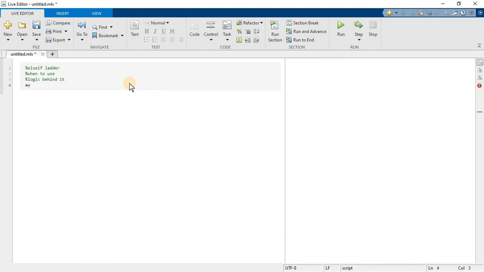Assign the value 4 to a, and if a is less than or equal to 2, execute some block. It is less than 2. And set another